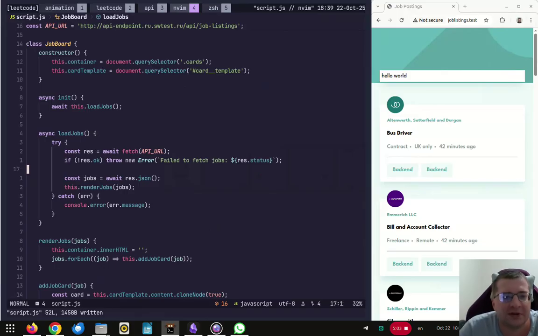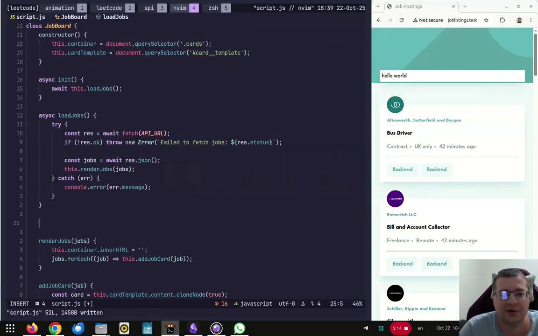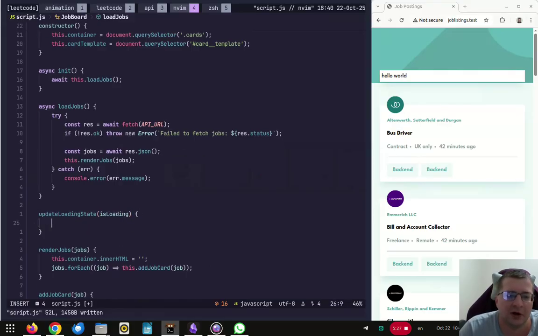Actually, I can put it inside the load jobs method. I can create another method, update loading state, for example, and here I do is loading, and then I do if is loading, then